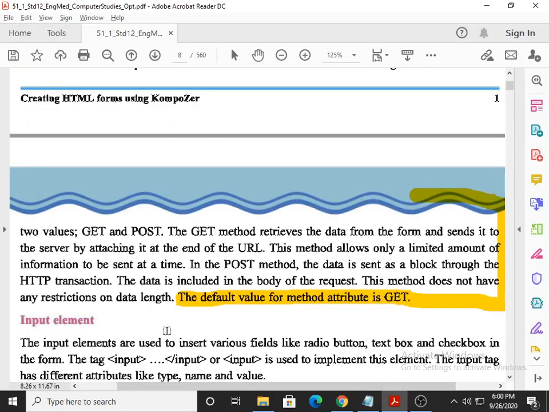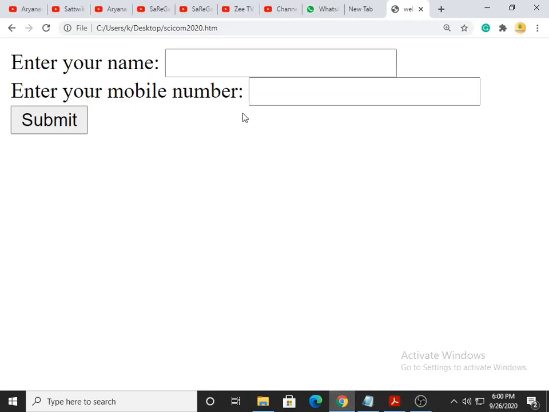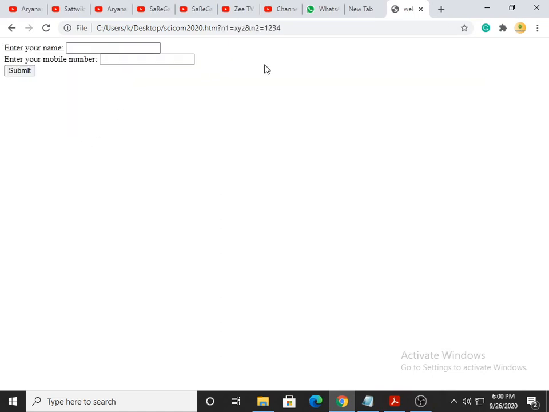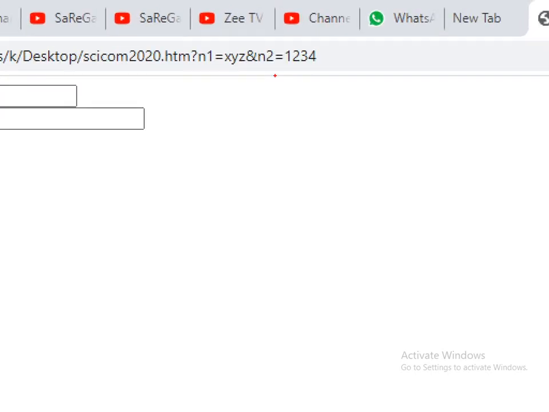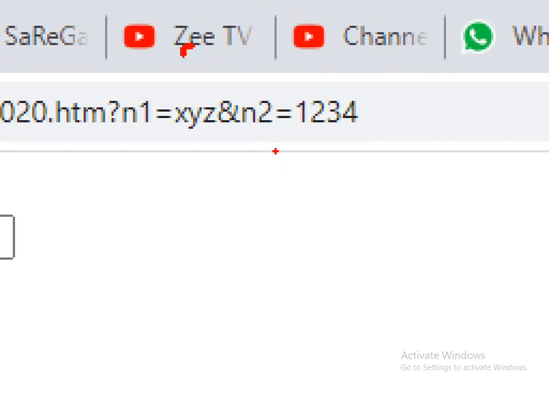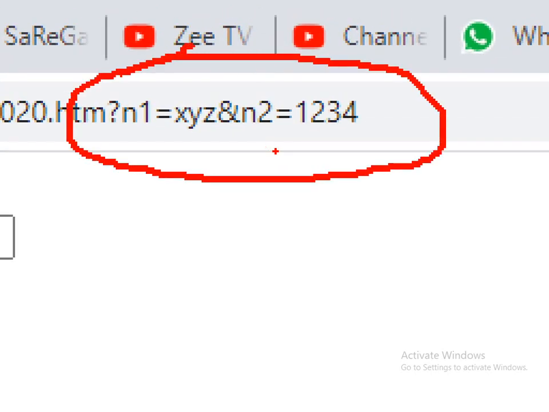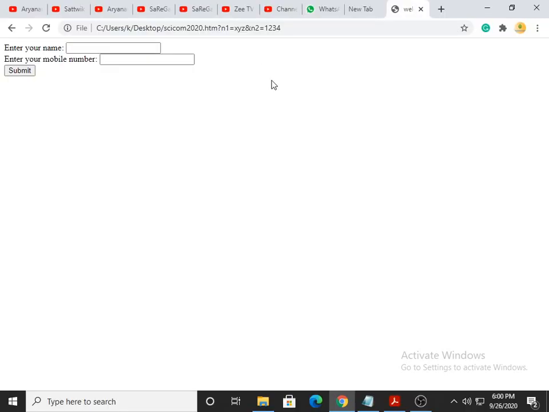Now look at the output. Right now it is the get method. For example, if I enter your name as XYZ, and your mobile number as 1 2 3 4, and I click on the submit button, it shows on the top, which means it is the get method. See, it shows over here.